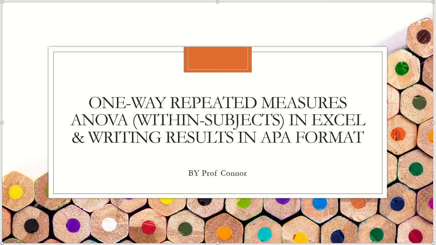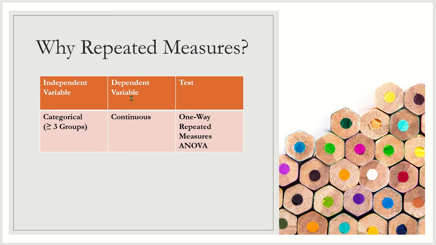Hi everyone, we're going to look at how to perform a one-way repeated measures ANOVA, or within subjects, in Excel, and then how to write the results in APA format. So just a refresher,